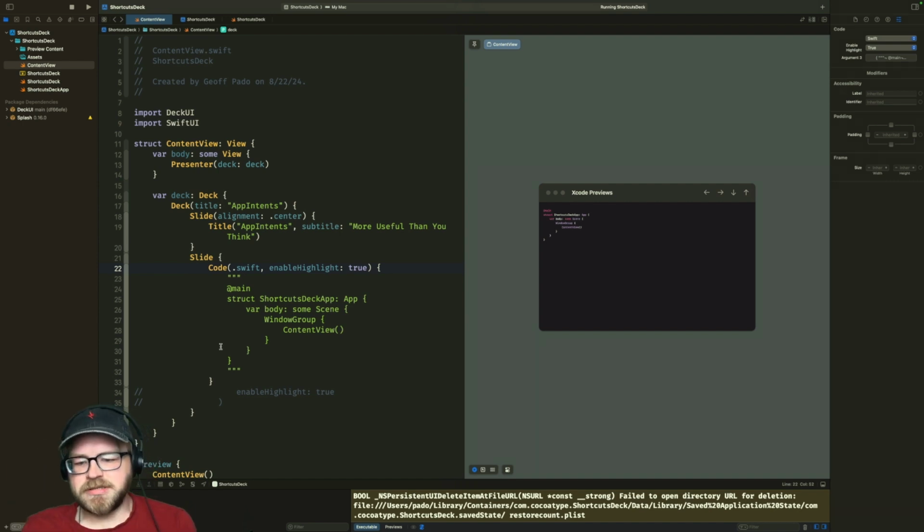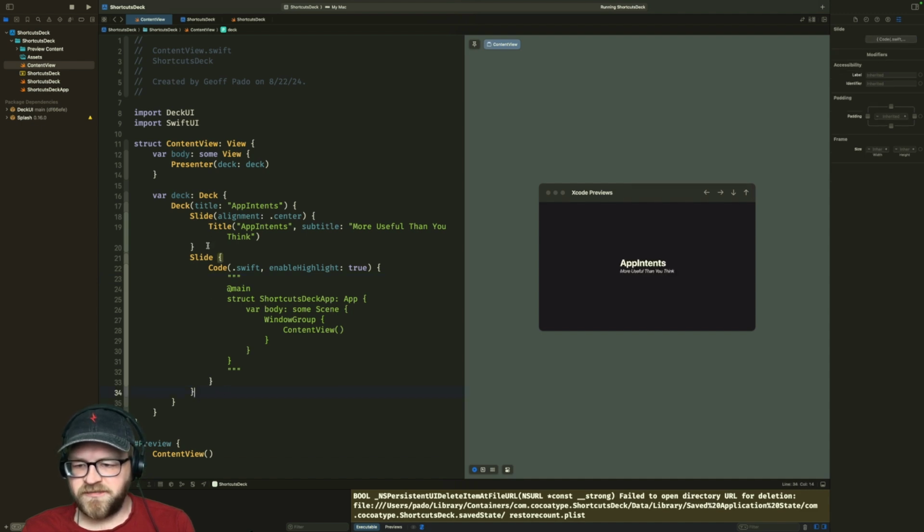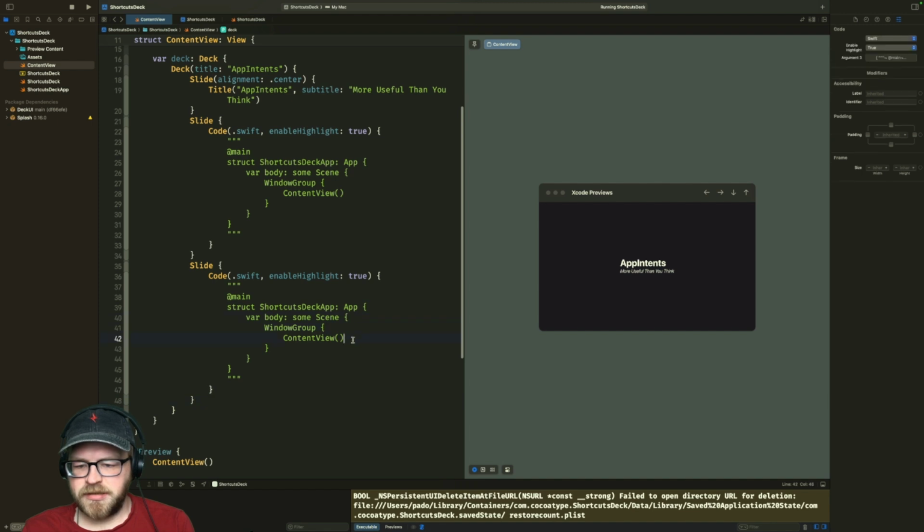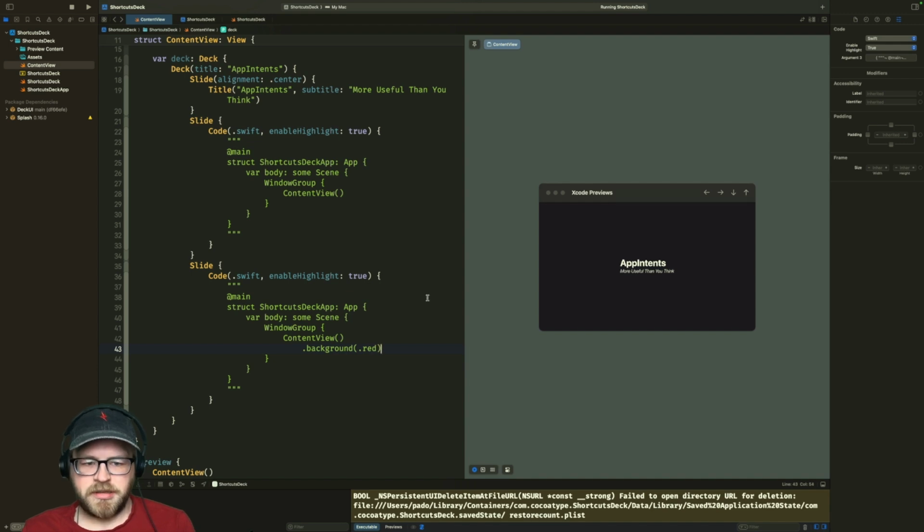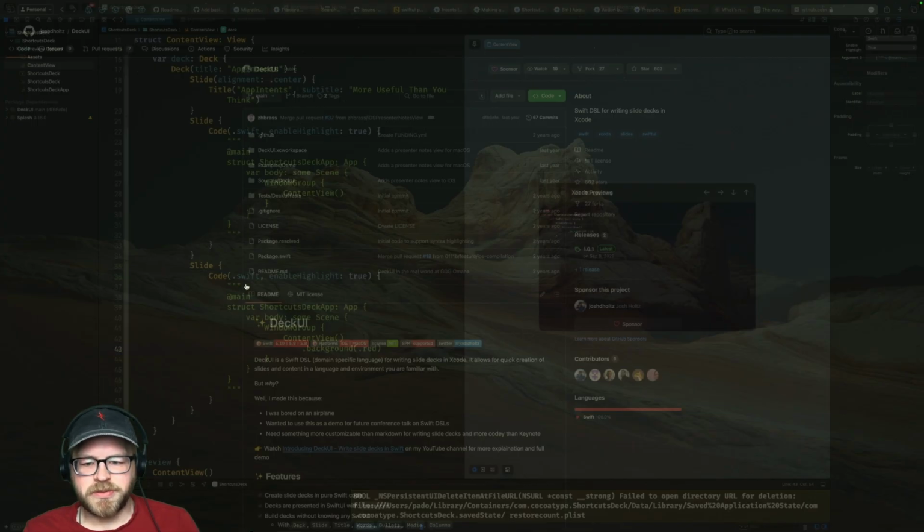Because if I recall correctly, so now here's what's interesting. If I recall correctly, what this thing can do is if we add another slide and we just take the same code and we say like content view dot background red, and then we run this, here's what happens. Watch. Ooh. Oh, okay. Well, that didn't animate nearly as smoothly as I thought it was going to. I thought that there was a way to do that.